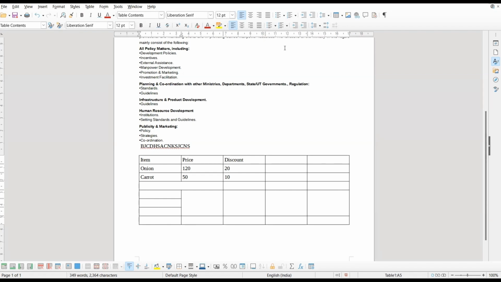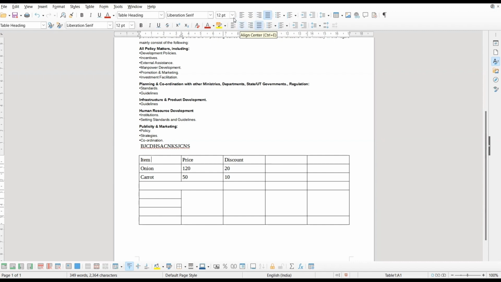Under formatting a table, we can see another topic, that is text alignment in the cell. So what do you mean by text alignment? The alignment refers to setting the direction of the text. Suppose you have this text, item, in a cell, and I want to change the text alignment here. I just have to place the cursor over here, and you can see here, this is for center align, this is for right align, and this is for justified.